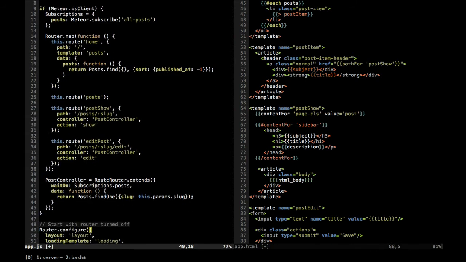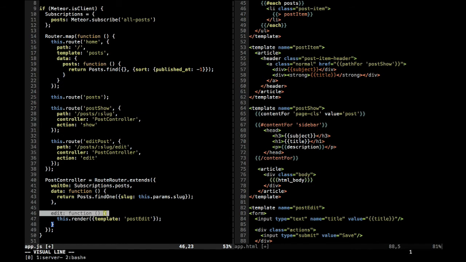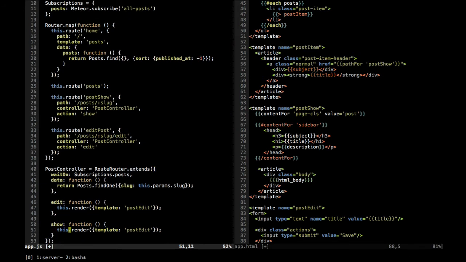Now down in my controller, I can create these actions and call all the same methods that I was using before. So in this case, I'm going to render the post edit. And show, except in the show, I'm just going to render the post-show template. Okay, so I do this pretty quickly, but